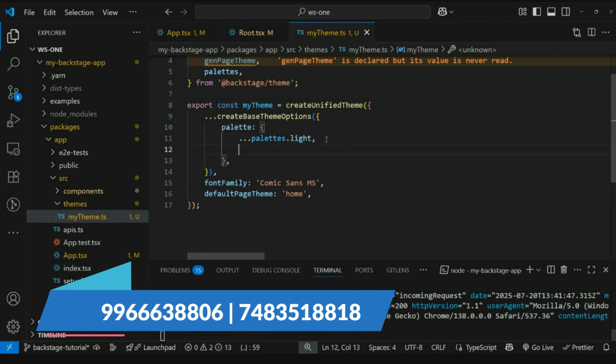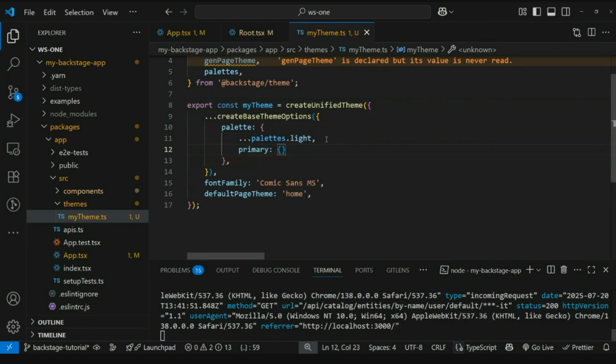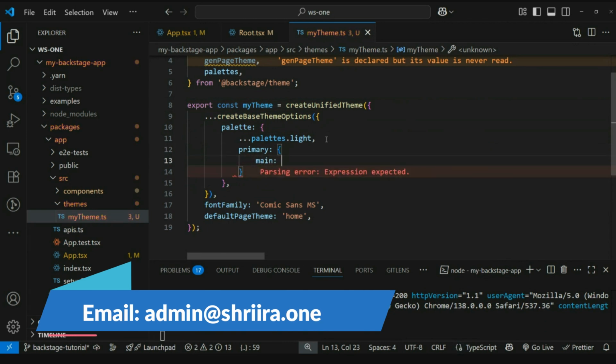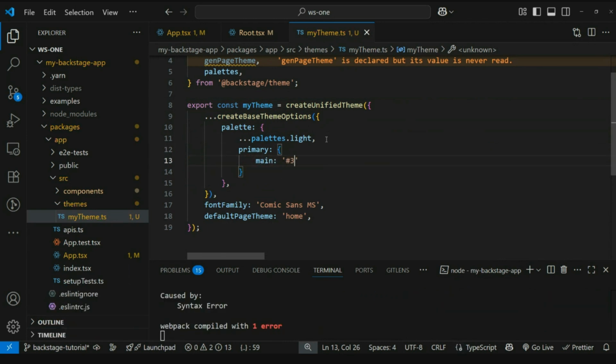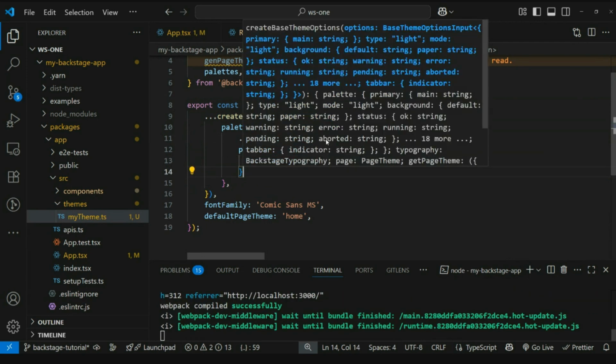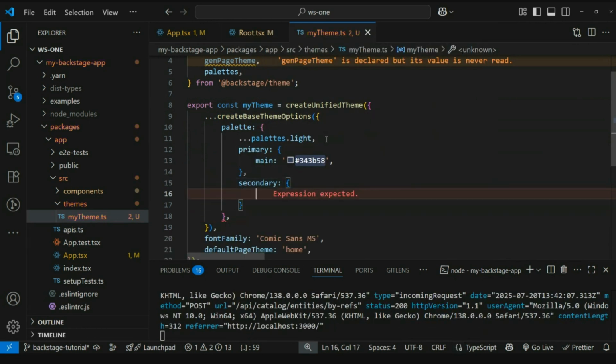So apart from this, we will have extra options, primary color as this color, and we will have secondary option as this,